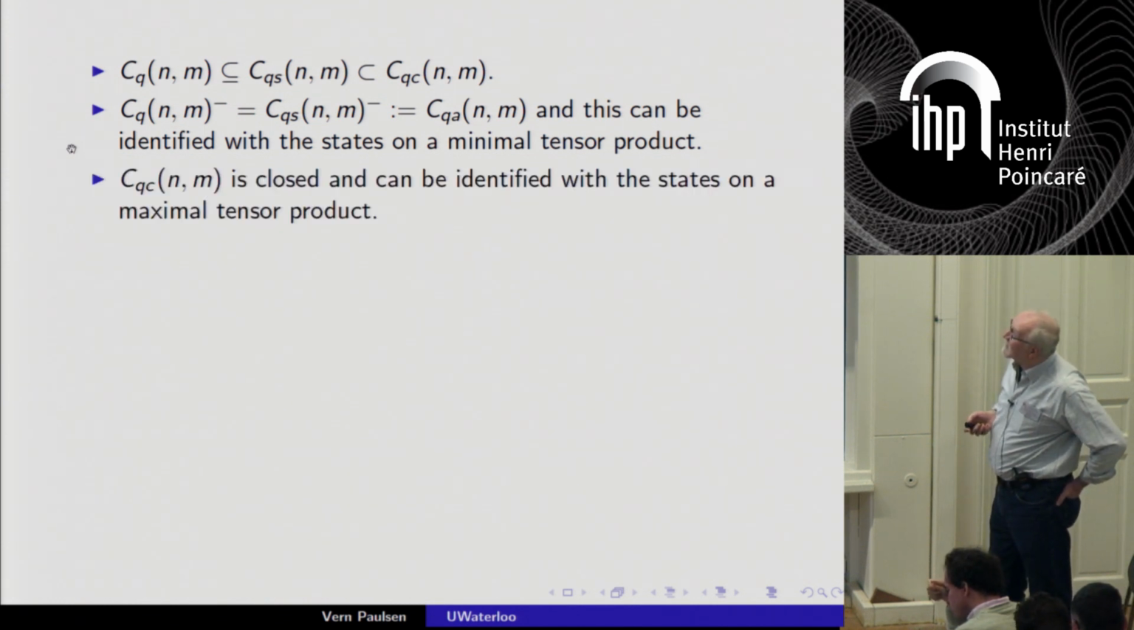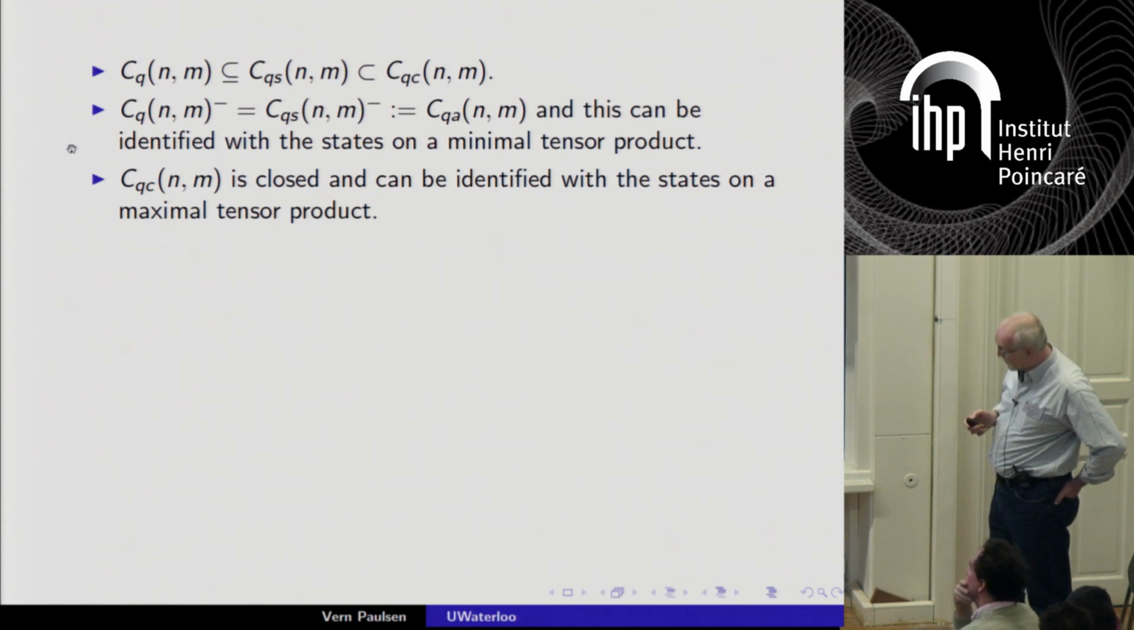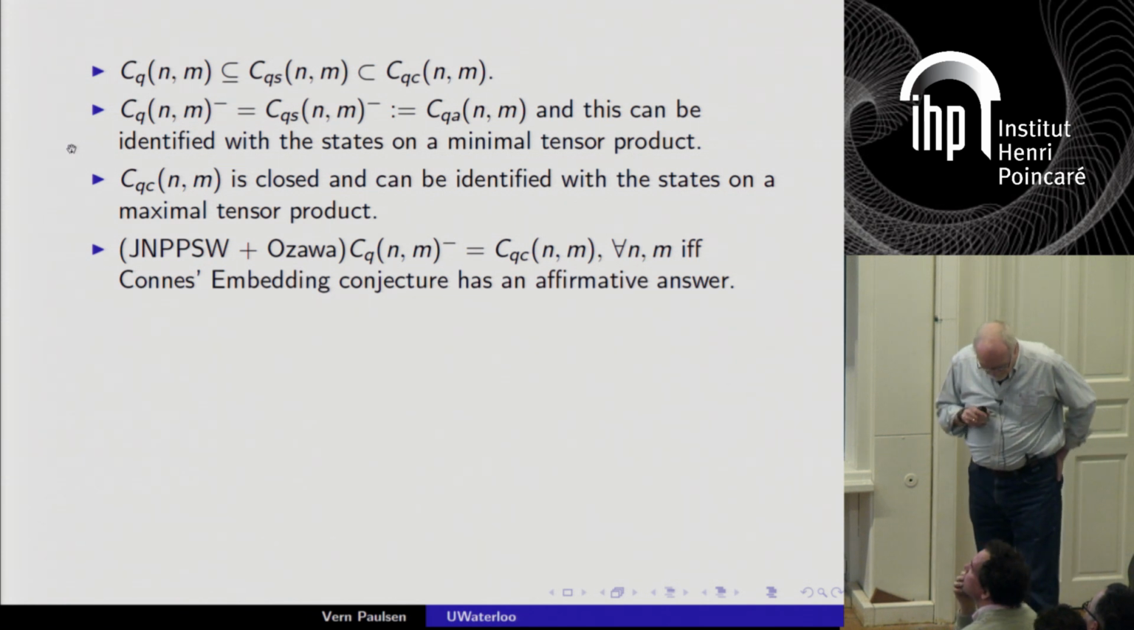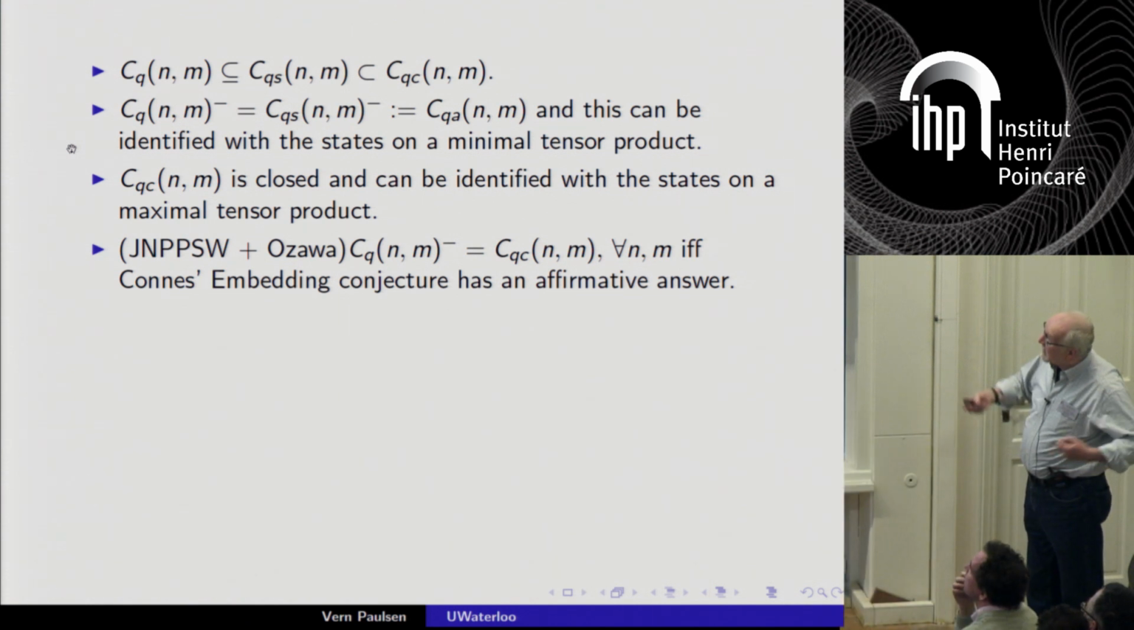But the main difference is that this CQ, it's closed, and it can be identified with the states on a certain maximal tensor product of the same C-star algebras. So basically, asking if the maximal and the minimal tensor products are the same, then this CQA and this CQC will be the same sets. And that's what was observed initially by Schultz and Werner, and then in a major paper, Junge, Navascués, Palazuelos, and